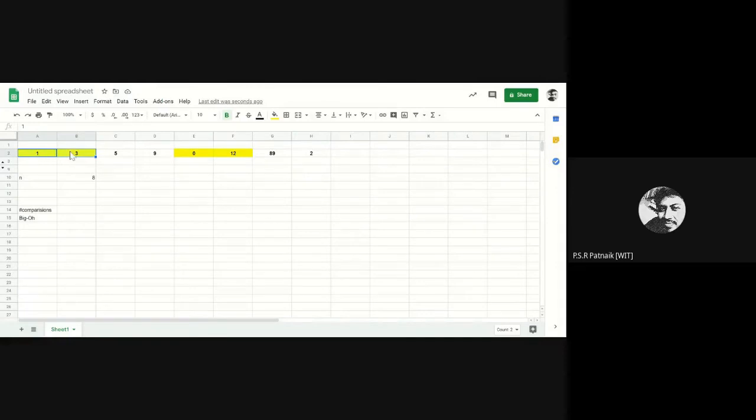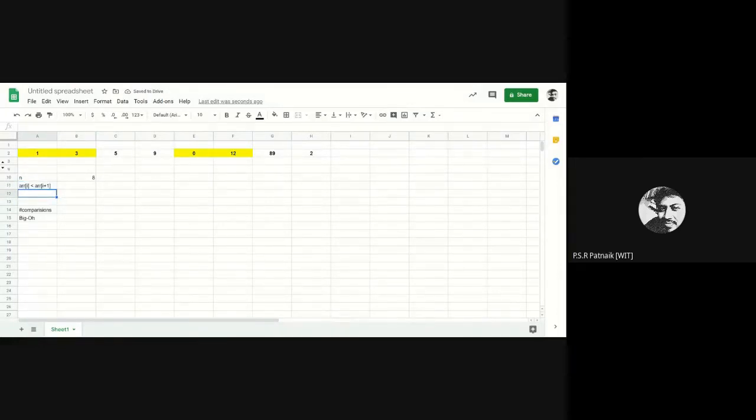I will see which of these is lesser and which is greater. So I will first check if ARR of I is less than ARR of I plus 1. This is the first pair.